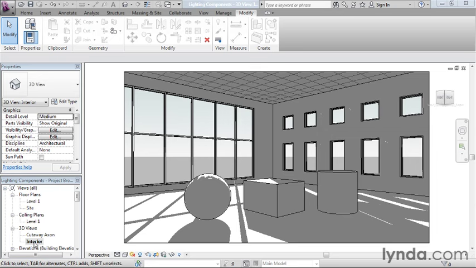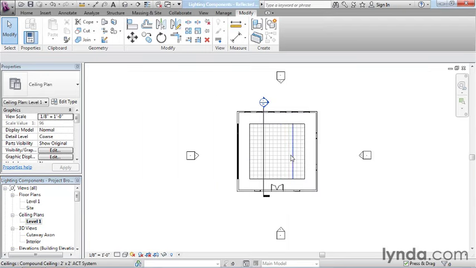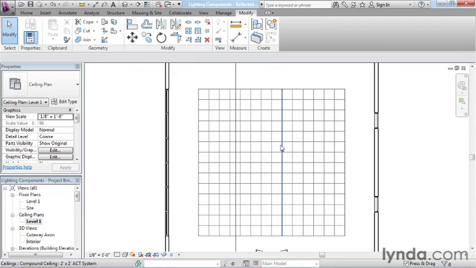I'm looking at the interior 3D view, and I want to add some recessed 2x4 light fixtures in the drop ceiling here. I want to add some wall sconces along this wall, and maybe even some freestanding lights out here in the middle. I'm going to start in the ceiling plan, Level 1. Let's zoom in a little bit on our ceiling grid, and we can add some 2x4 lighting fixtures into this